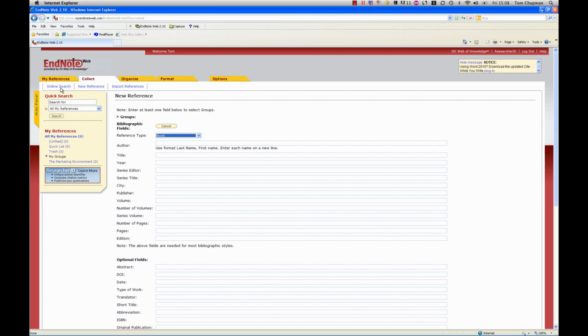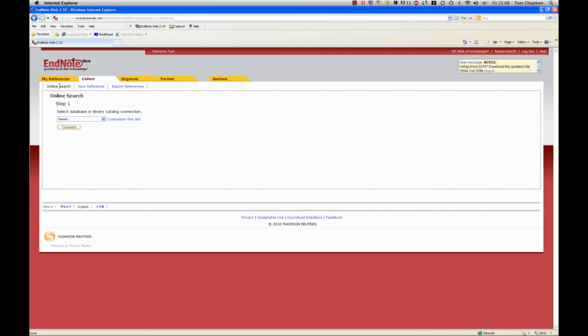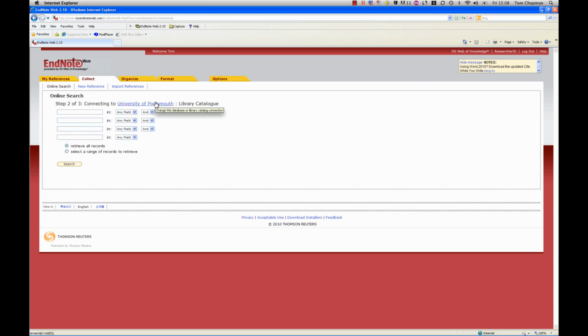The other one that's a bit more useful is online search. An online search, in this case, searches a limited list of databases, but the one I'm particularly interested in is UPortsmouth, because it knows we're in Portsmouth. And if I connect to that list, it's basically connecting directly to the University of Portsmouth Library. And I know, for example, that on the Level 1 Marketing or Principles of Marketing unit, you're using a book called Marketing by Baines, Phil and Page, which is one of the books that can be used as an example for Harvard. So if I type in Phil into the text box and I ask to search the author field,